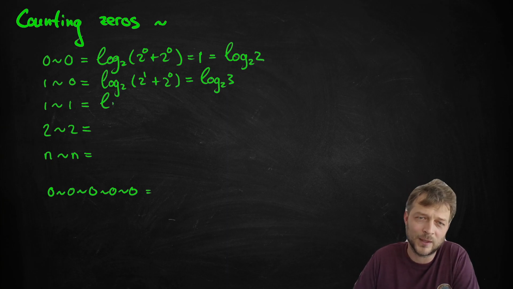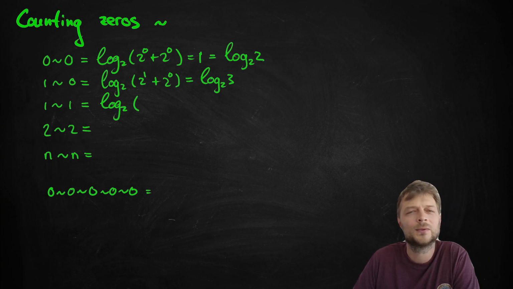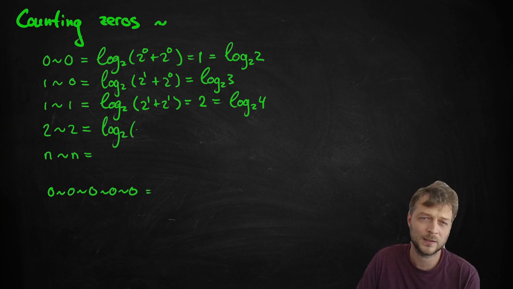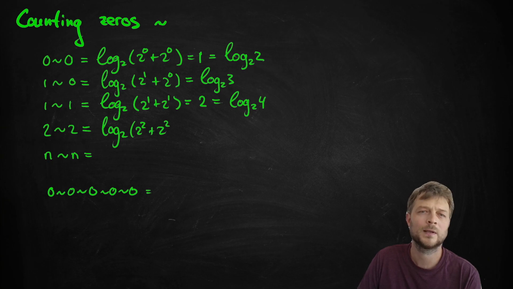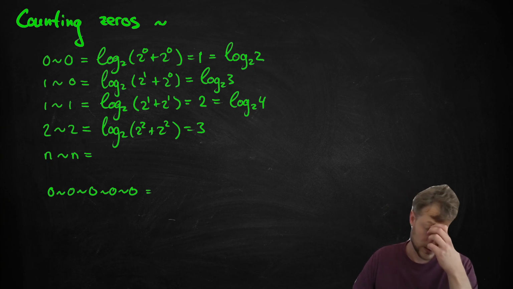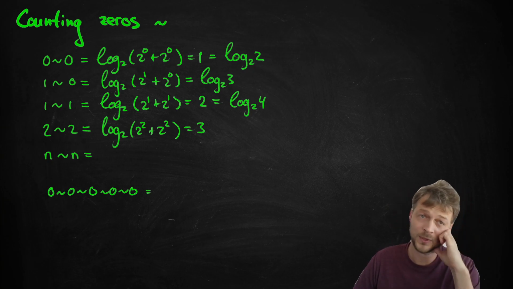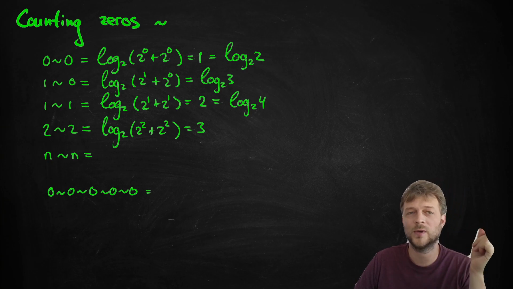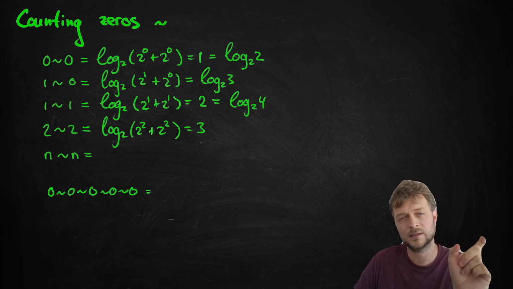Now 1 tilde 1 is log 2 of 2 to the power 1 plus 2 to the power 1. It's 4 inside, which means it is equal to log 2 of 4. 2 tilde 2, let's see. It is 3. So if you notice, what happens here is that we count the number of zeros. The tilde operation uses 0 as